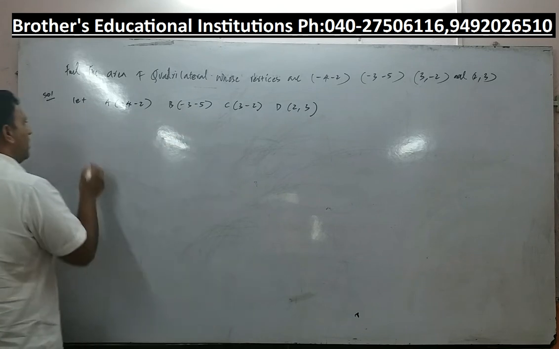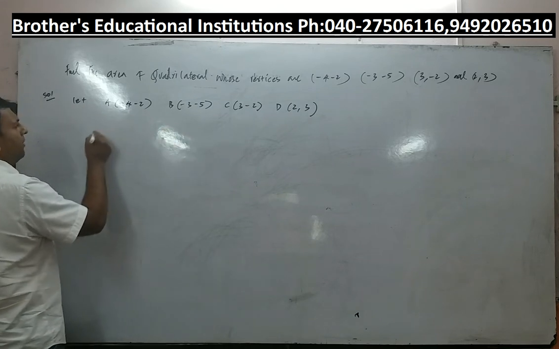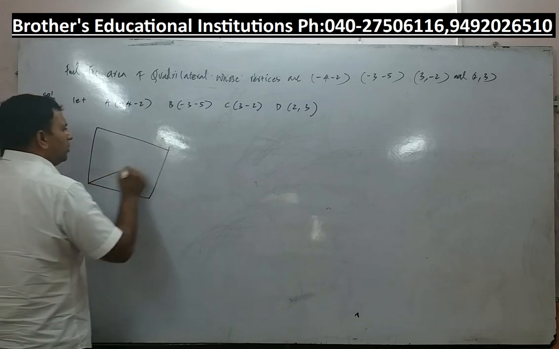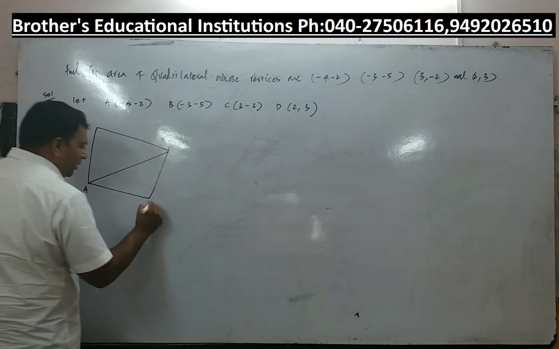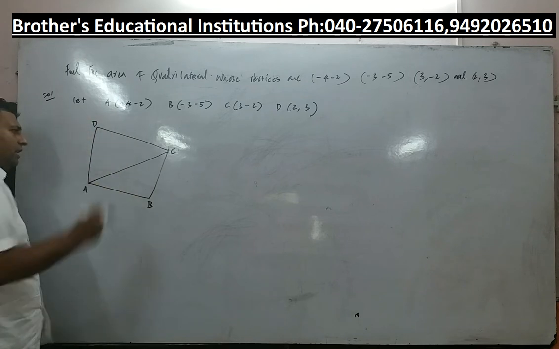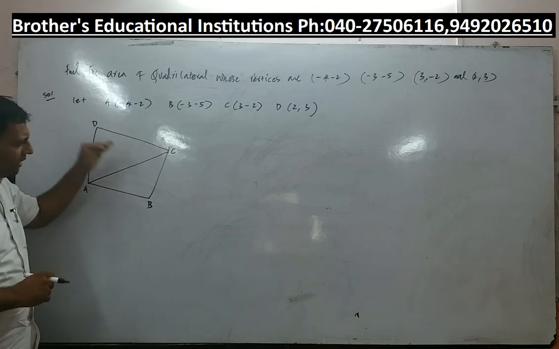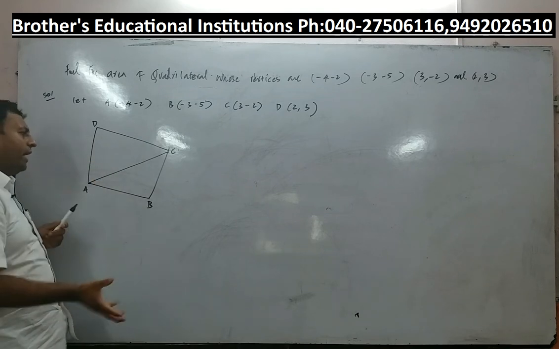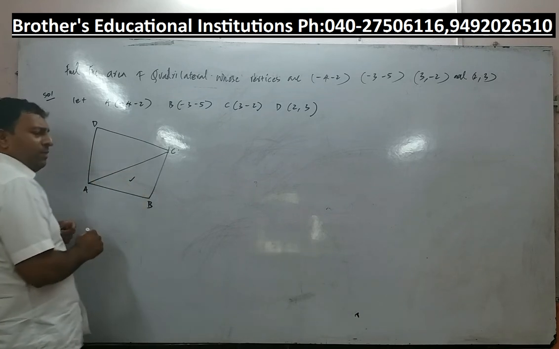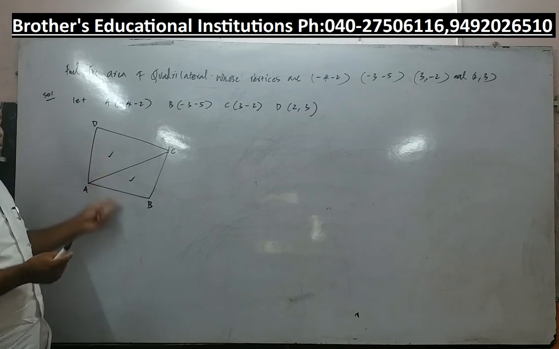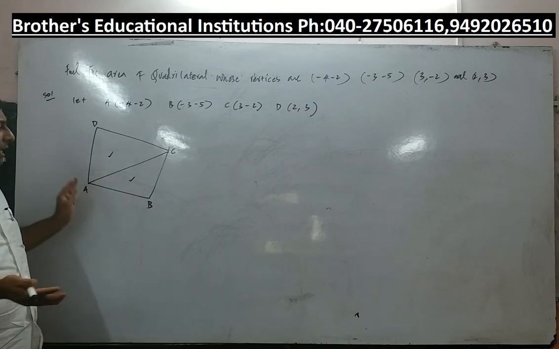Now this is a quadrilateral. I draw a rough figure, some figure. I do not know whether that is a parallelogram, some figure. So I will divide this with a diagonal. I call this A, B, C, and this is D. If you keenly observe, this quadrilateral is a four-sided figure. In order to find the area of the quadrilateral, you find the area of triangle ABC and you find the area of triangle ADC. Later on you add, what do you get? You get the area of quadrilateral ABCD.